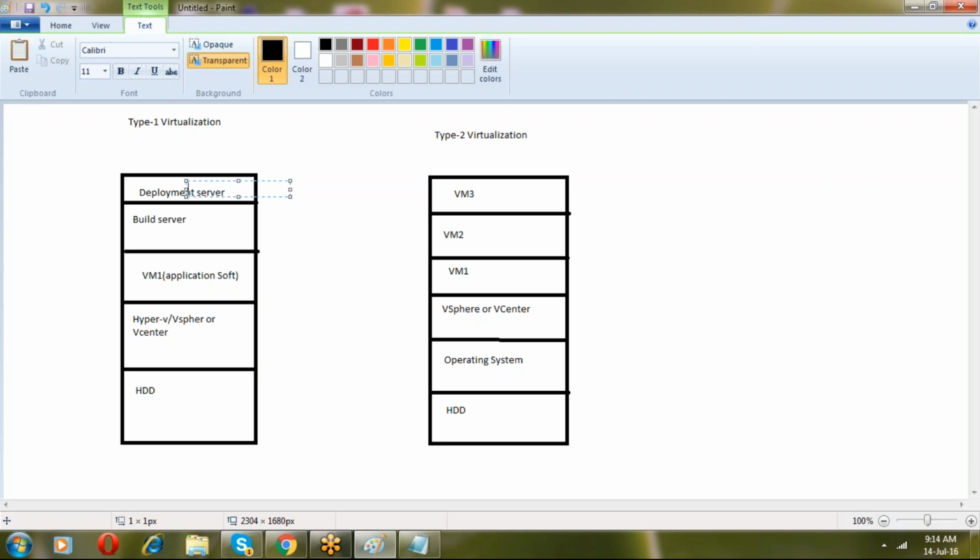What will happen in type 2? On top of the hardware you install an operating system, like Windows or Linux, whatever operating system you like, and on top of it you create vSphere or vCenter, again vendor specific, and after that you create a number of virtual machines, VM1, VM2 and VM3.